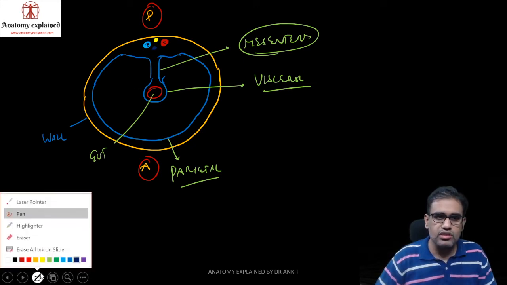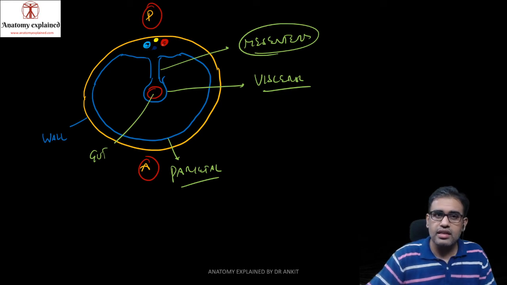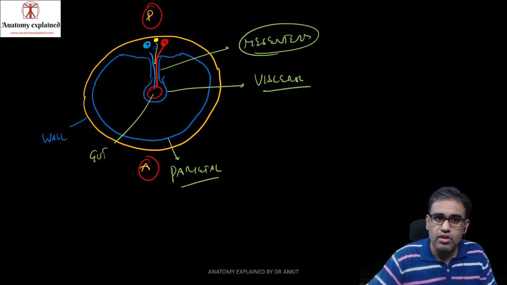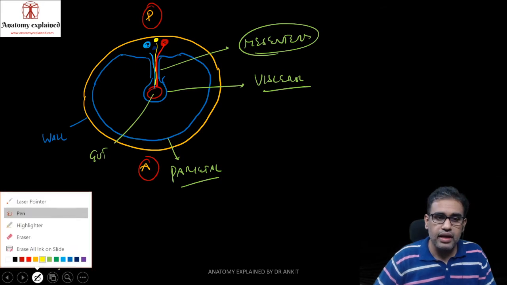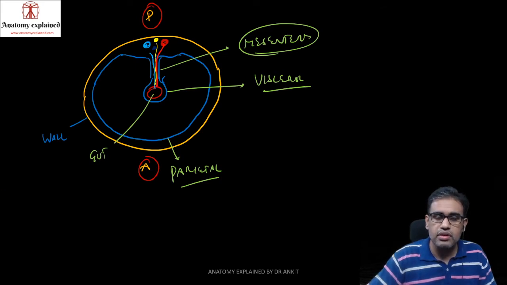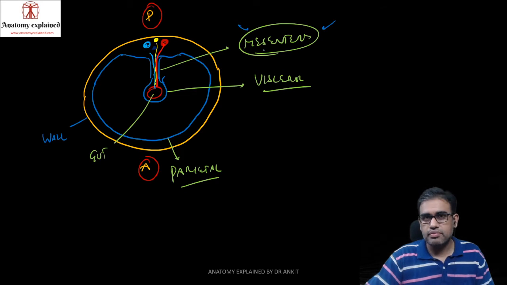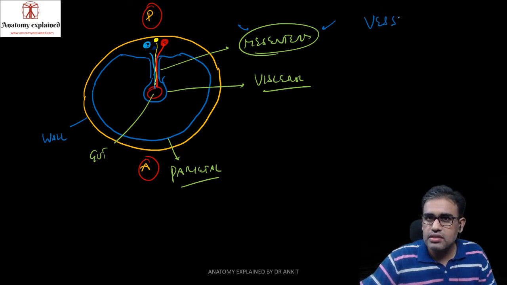So what this mesentery is doing is that it is helping in the passage of the arteries. It is helping in the passage of the veins, normally not into the IVC, but yes, the portal vein will be formed. It will help in the passage of the nerves from this double layered fold. It will help in the passage of the lymphatics that will pass from here. So what is happening is that this double layered fold of peritoneum over here is forming a passageway for what? For the vessels, for the lymphatics, and for the nerves.